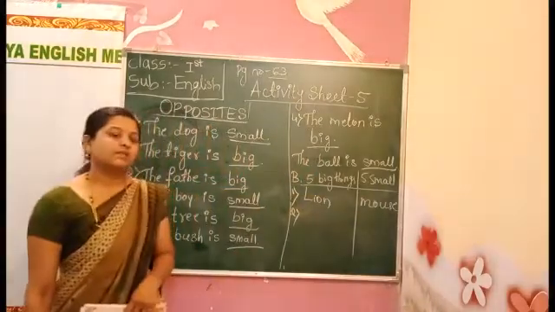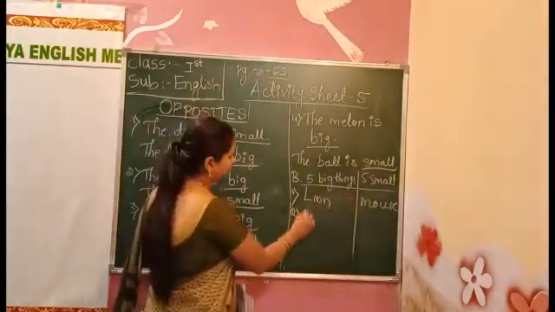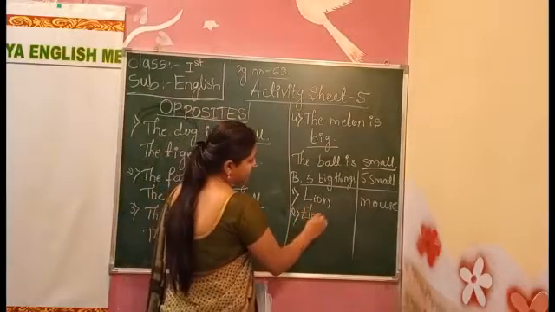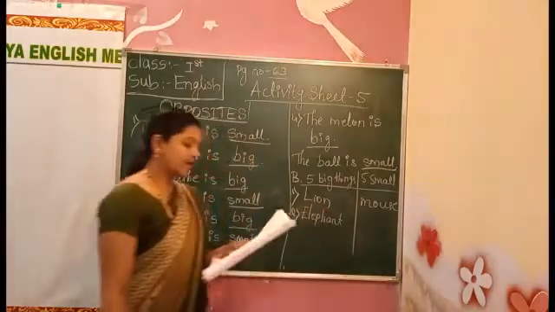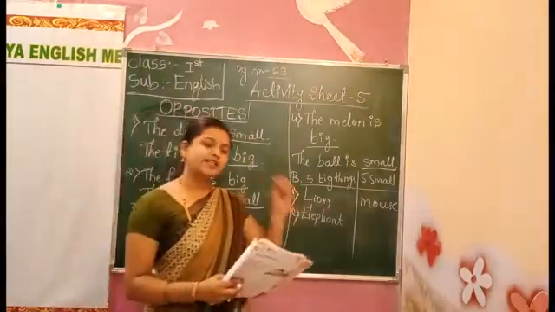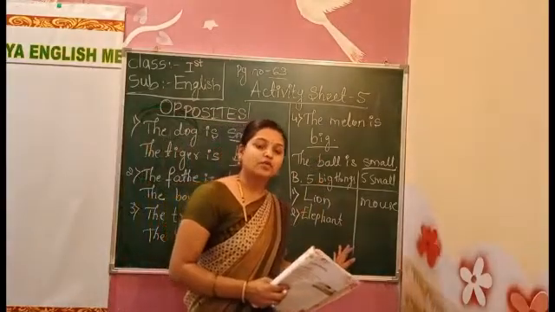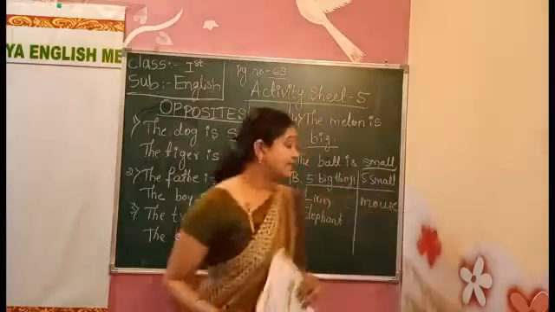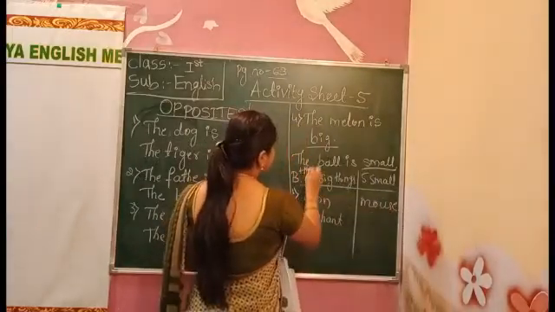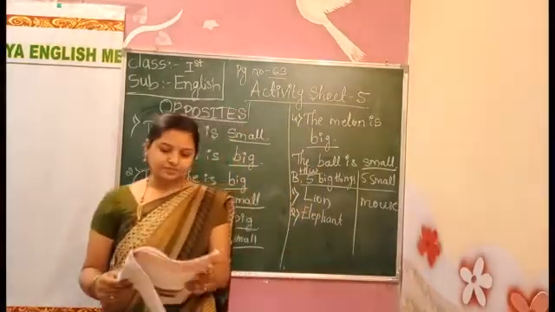Next, what else is big? Lion. Elephant. Elephant is a big thing. Okay, so like that, small things and big things. Okay, you need to list it out. So it is your homework. Will you do it? So this is your homework part. So do it. Okay.